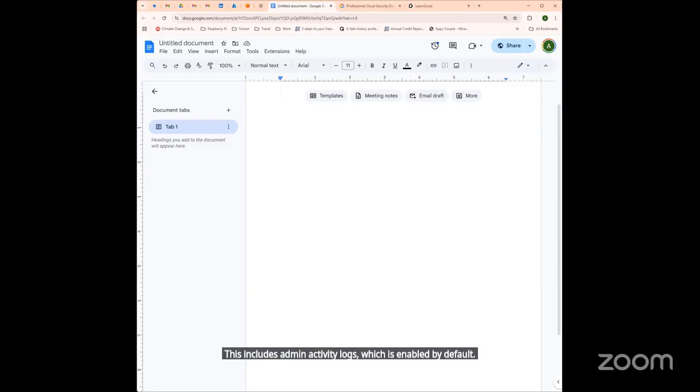This will record create, update, and delete operations. Then you have data access log, which must be enabled. This will record read operations and access to secrets. These logs help answer critical security questions like what actions were performed, when did they occur, who initiated them, and